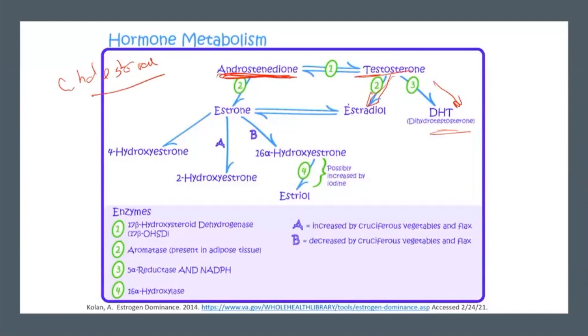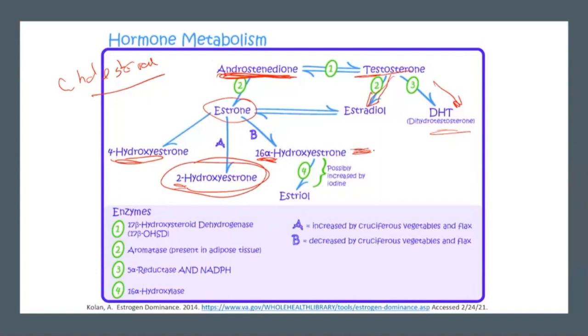This estradiol can either go and create estrone, which is where it's stored in the fat cells, or it can also come down and make the 16A hydroxyestrone or the 2-hydroxyestrone. And a 4, again, we're not going to talk about too much. It's very minor with our talk today. But this is the hydroxyone that we want. This is the one that's going to make the really good estradiol that's going to be very usable in the body.